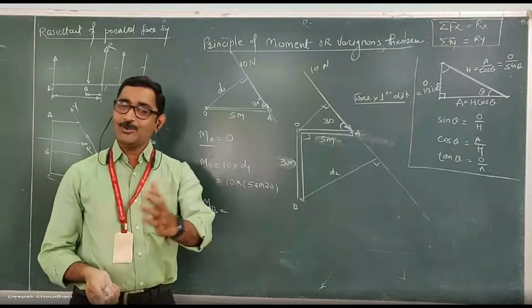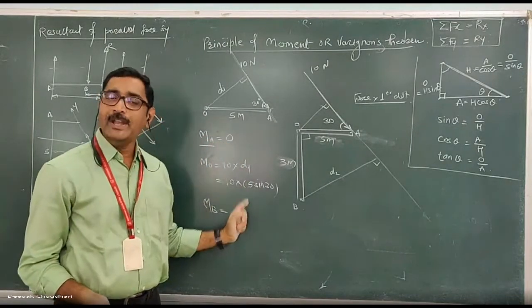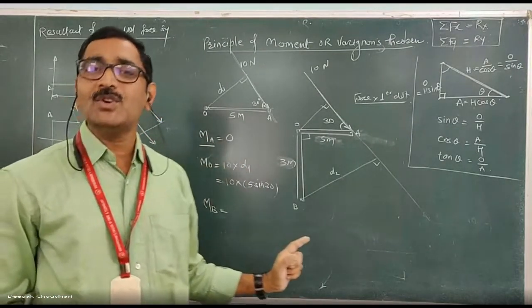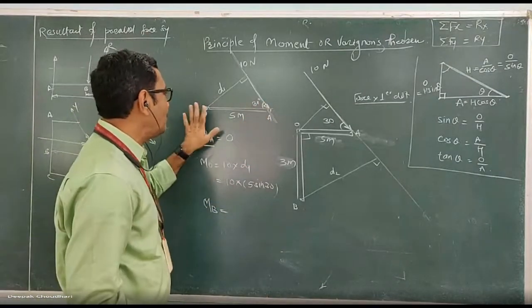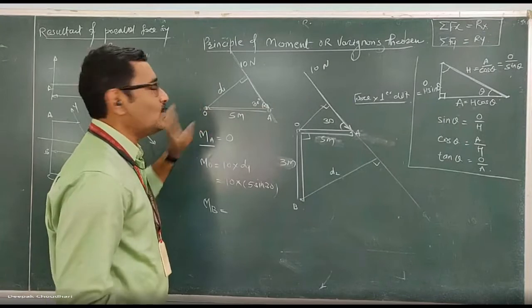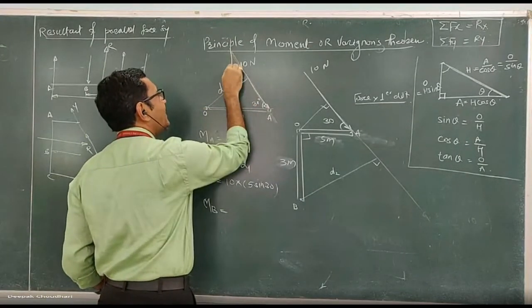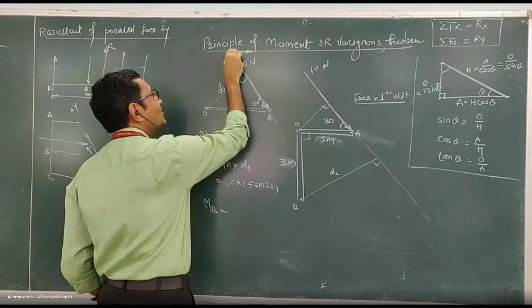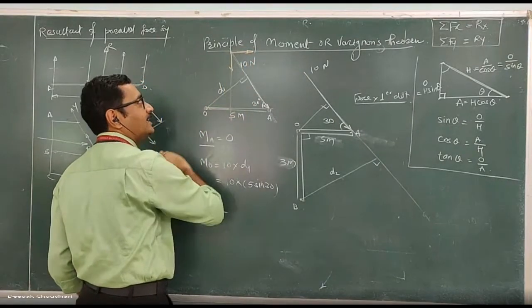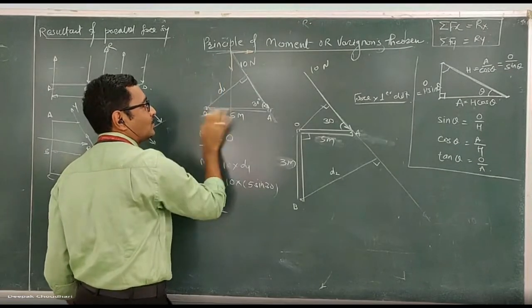तो आई टोल्ड यू दैट यू कैन रिजॉल्व द फोर्स एनीवेयर ऑन इट्स लाइन ऑफ एक्शन. फॉर टेकिंग द मोमेंट आपको उसको ऐसे पॉइंट पे रिजॉल्व करने का है जिसका डिस्टेंस आपको मोमेंट सेंटर से पता हो. तो यहाँ पे देखो ये A का डिस्टेंस मुझे O से पता है, तो I will resolve this force at point A. यहाँ पे अगर रिजॉल्व करता हूं यार, तो ये फोर्स का ये डिस्टेंस मुझे पता नहीं है. तो रैंडमली कहीं पे भी रिजॉल्व मत करो यार.